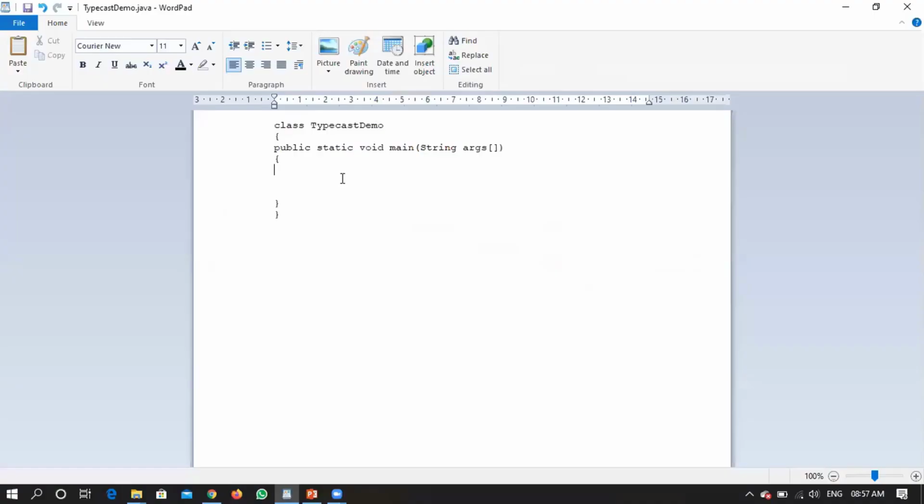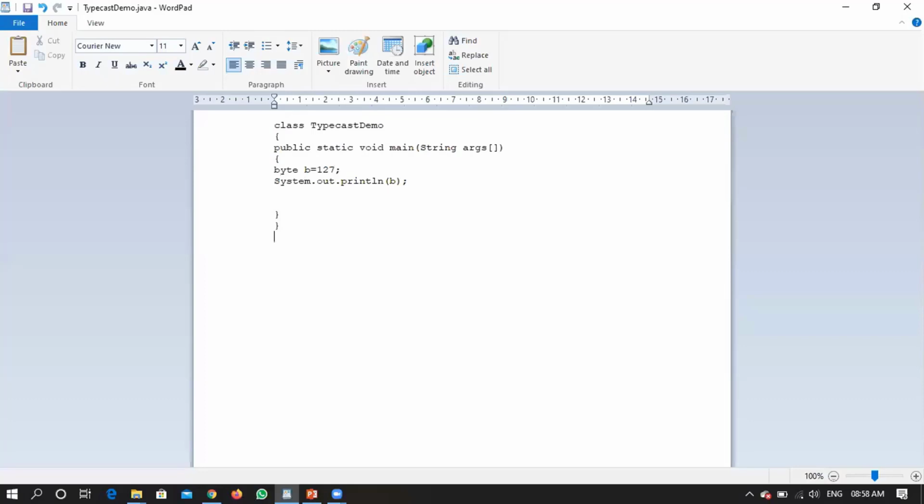Suppose I have a byte variable b, and initially I'm taking 127. Is that within the range of a byte? What is the range of a byte? Byte means 8 bits, which gives 256 possible values, from minus 128 to plus 127.